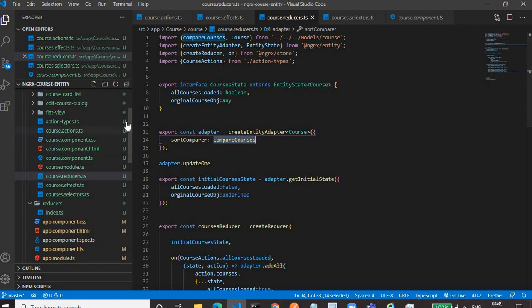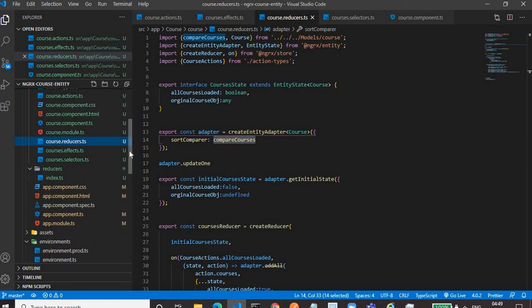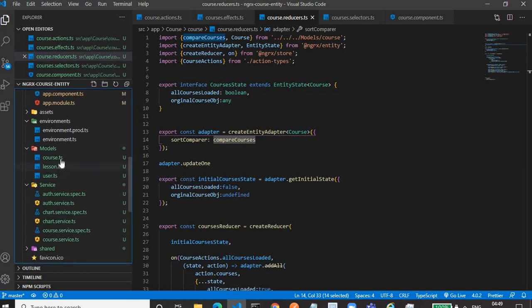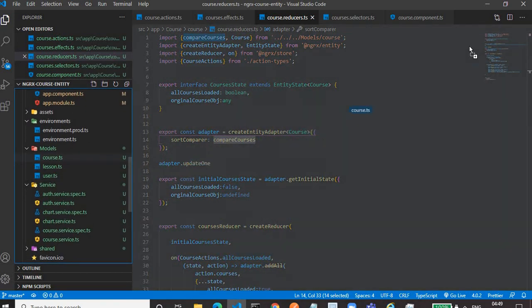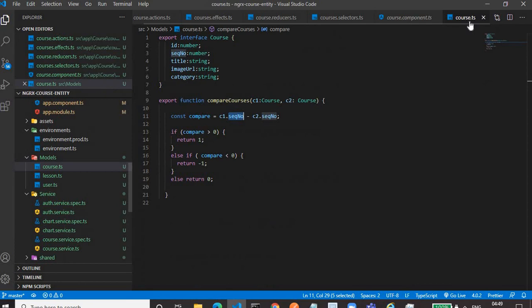For using the entity approach for storing an entity, the one constraint is the entity should have a property named id which can uniquely distinguish that entity.